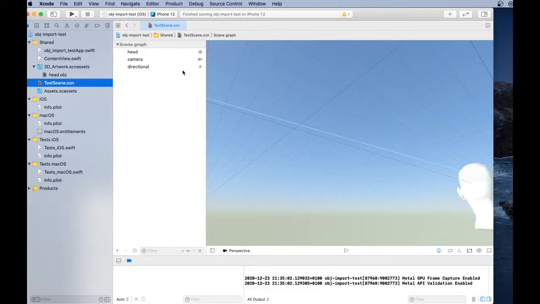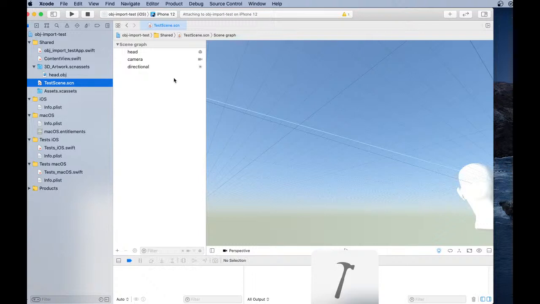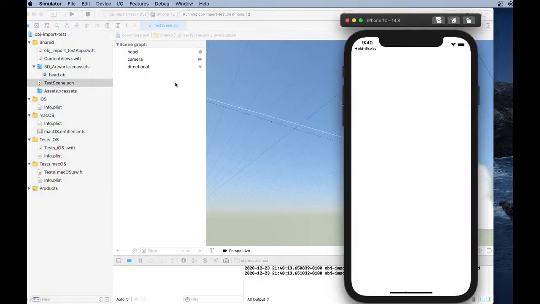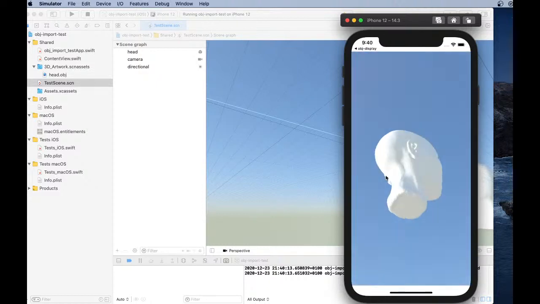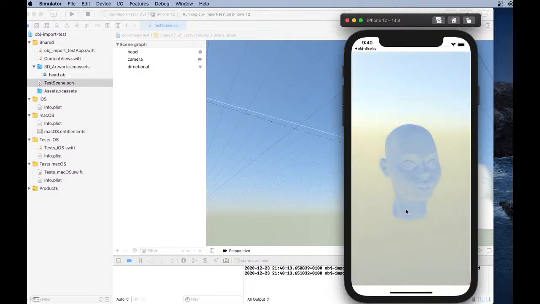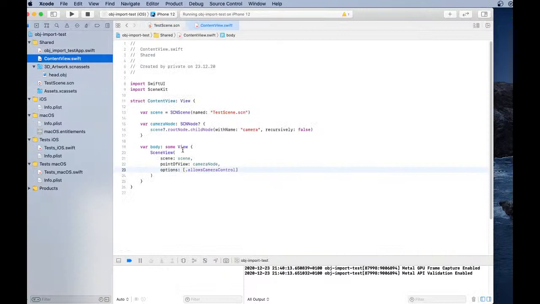Now we've got this object in the scene called test scene right there, and now we can have another test, another go, add our app, and if I'm lucky, oh yeah I am, there is our head. I can have a look from all sides. Since the scene view is behaving just like every other view in SwiftUI,